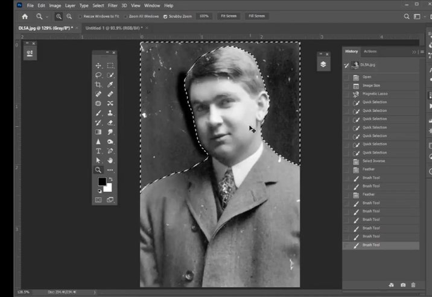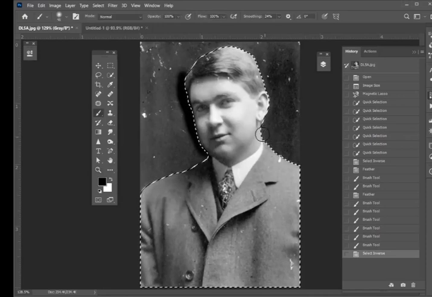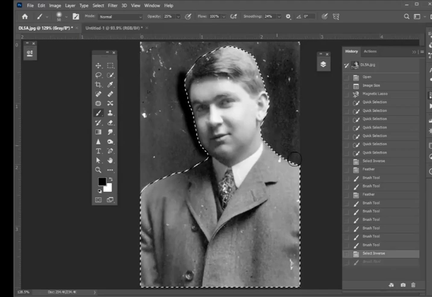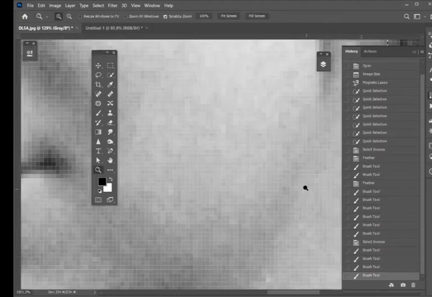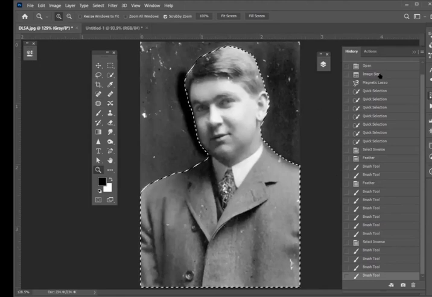So for instance, if I invert the selection, Command Shift I, and I wanted to darken his shoulder here, I could paint outside the mask, and notice that the paint just spills in there. That's a bit extreme. If I kept this farther out, or if I reduced the opacity and just needed to slightly darken his shoulder, I can paint outside the mask and just let some of the pixel paint spill into there. Okay, that's not something I need to do on Fred, so I'm going back to